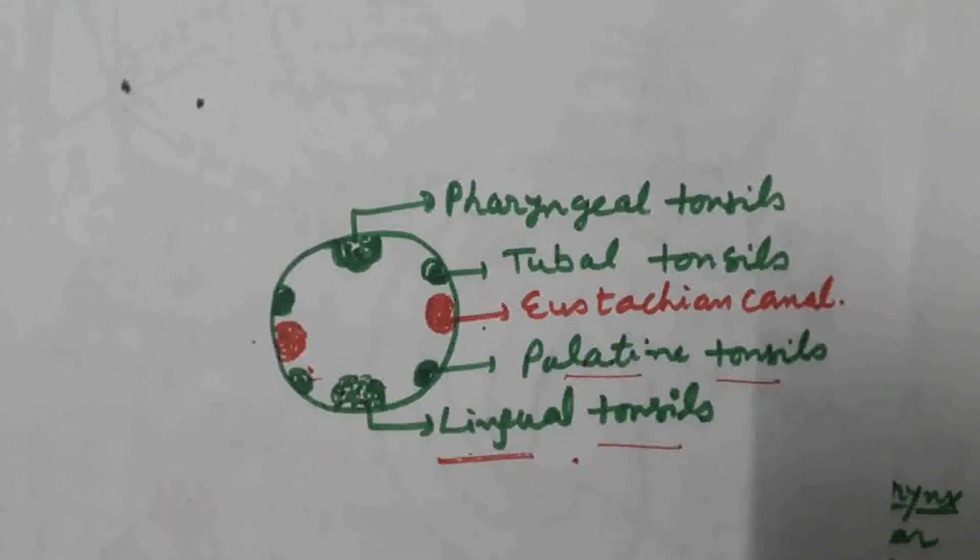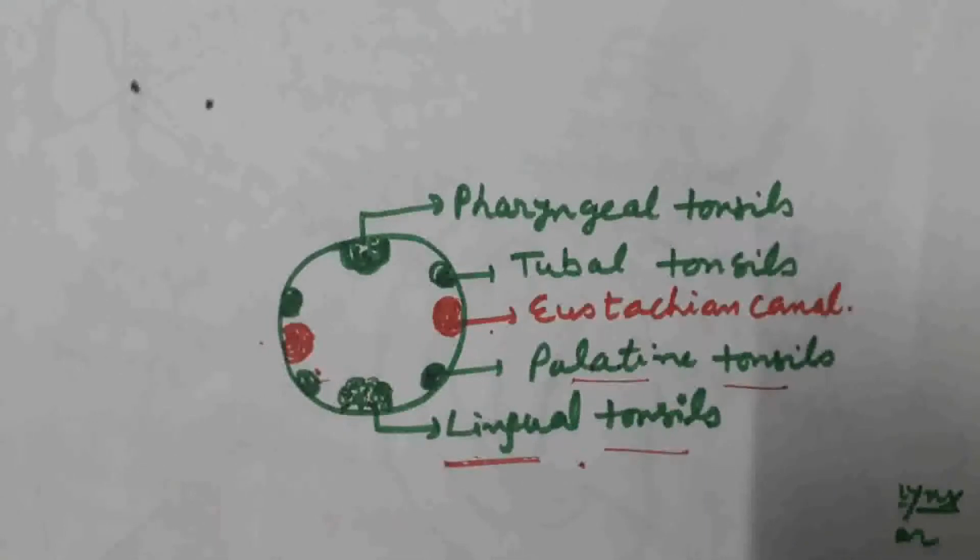When sometimes infection takes place and a type of disease occurs inside the neck region, these tonsils get removed by operation. There are lots of tonsils or lymphoid organs present in that region. If one or two tonsils are removed, there are other tonsils which help in preventing us from any kind of infection.